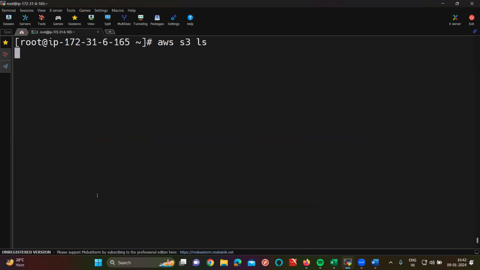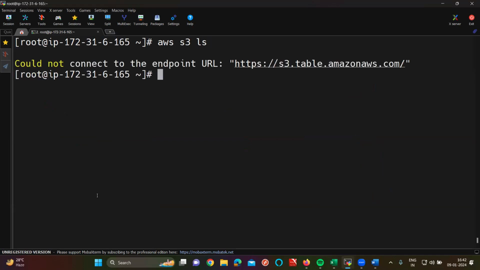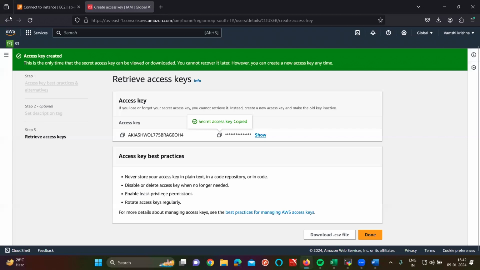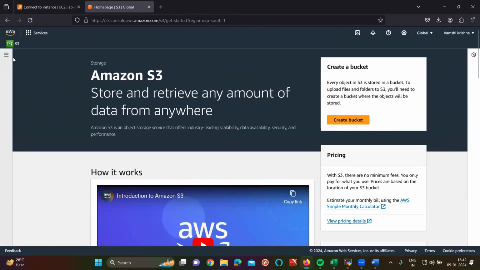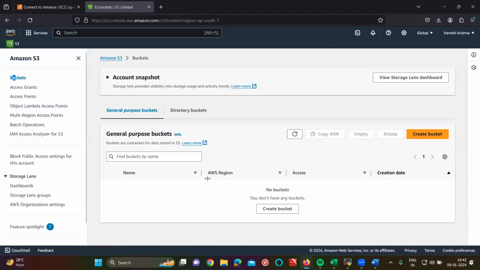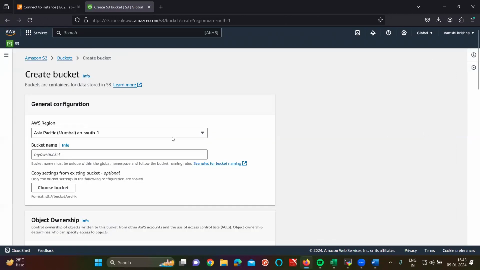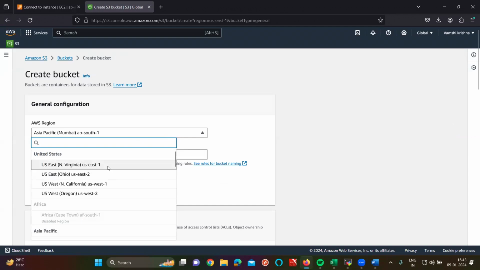Do you have any buckets over your AWS account as of now? What is it telling? Couldn't connect to endpoint URL. Fine. We go to buckets here. See the list of buckets like this. How many buckets are you having? That is the reason why it is showing like this. But can we create a bucket here normally? I'll create a bucket manually. Create a bucket on US East 1. Bucket name will be